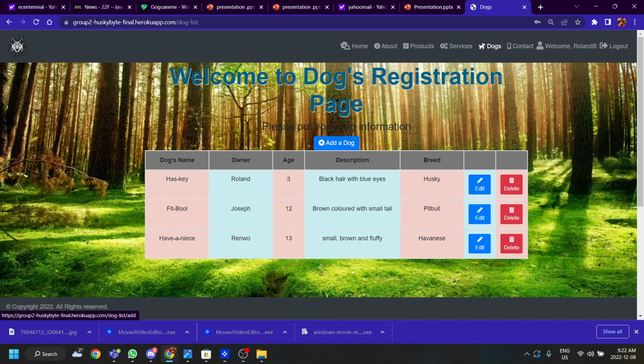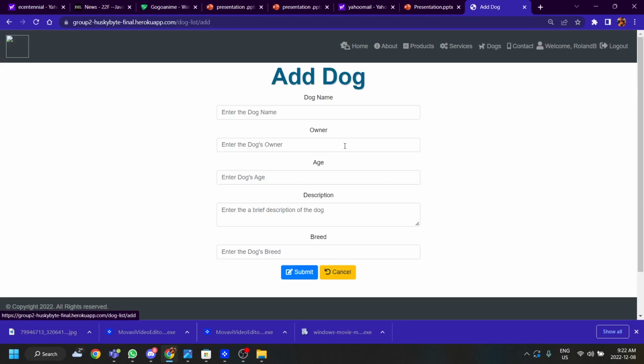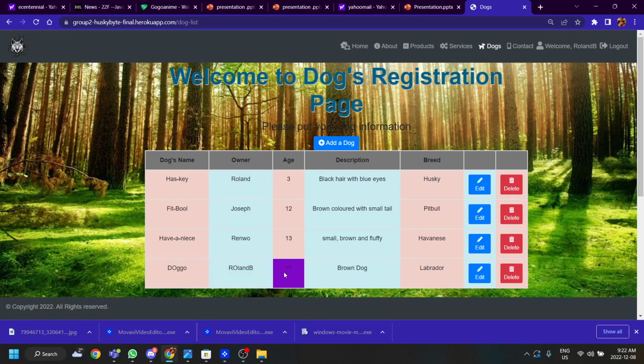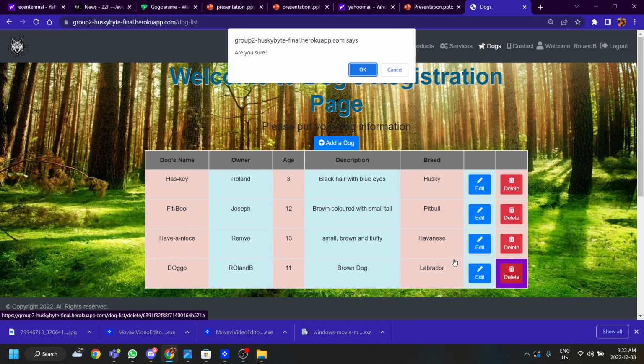Okay, now I'm logged in. I can add another dog. As you can see, it added it here. If you want to edit it, just press the edit button, and if you want to delete it, just press delete